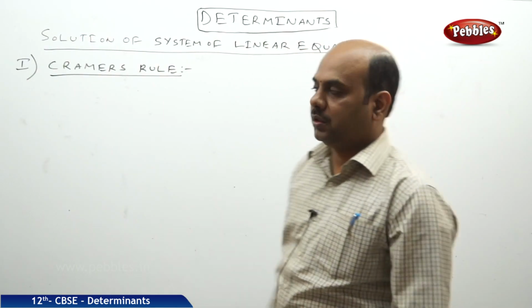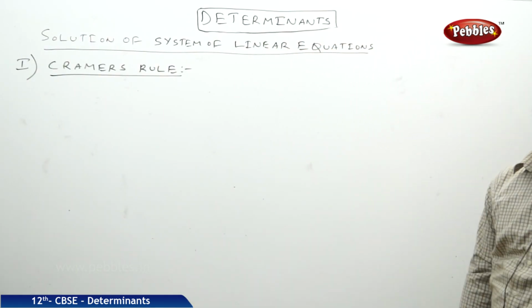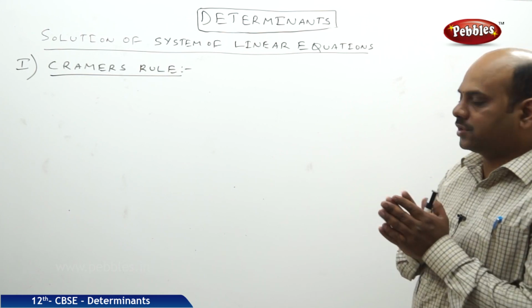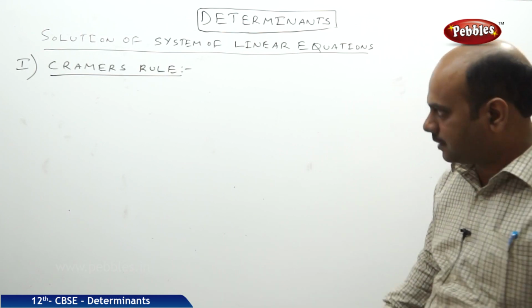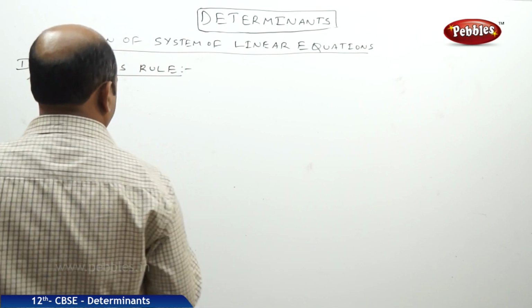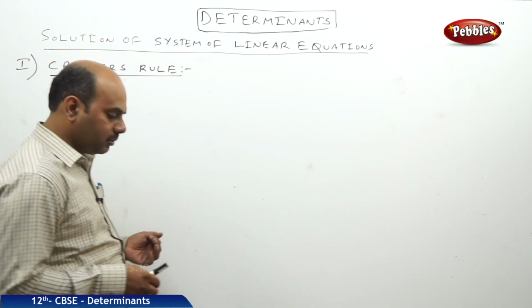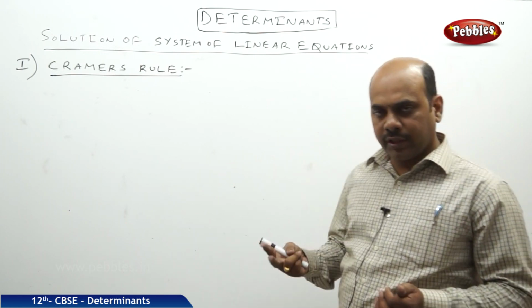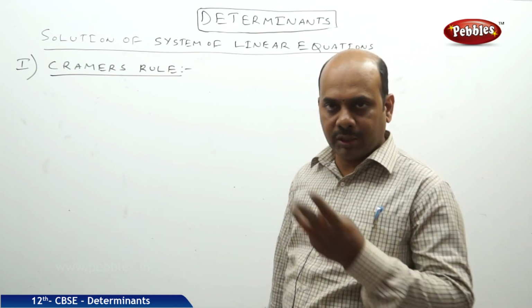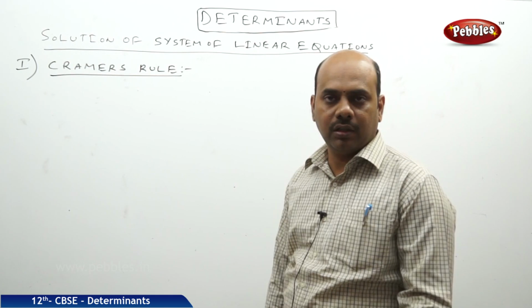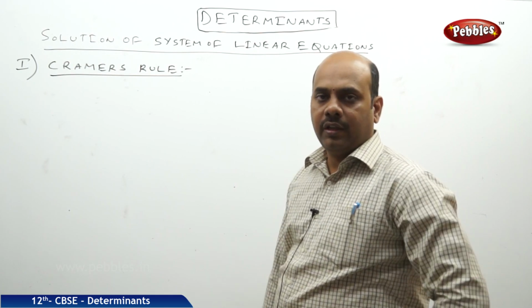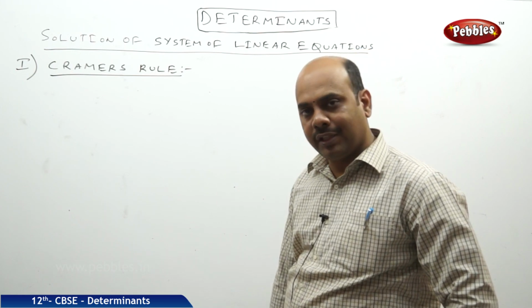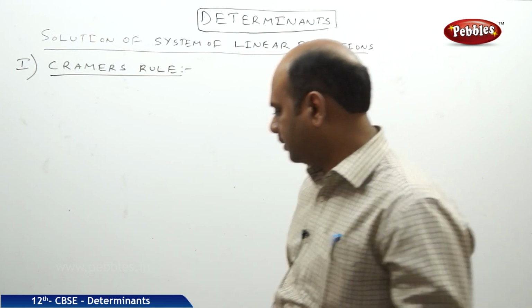Please write in the determinants. We shall be going for the next topic called solution of system of linear equations. Solution of system of linear equations means there might be 2 equations in 2 unknowns, or you might have 3 equations in 3 unknowns. So in today's class we will be solving system of linear equations when 3 unknowns are given to us.